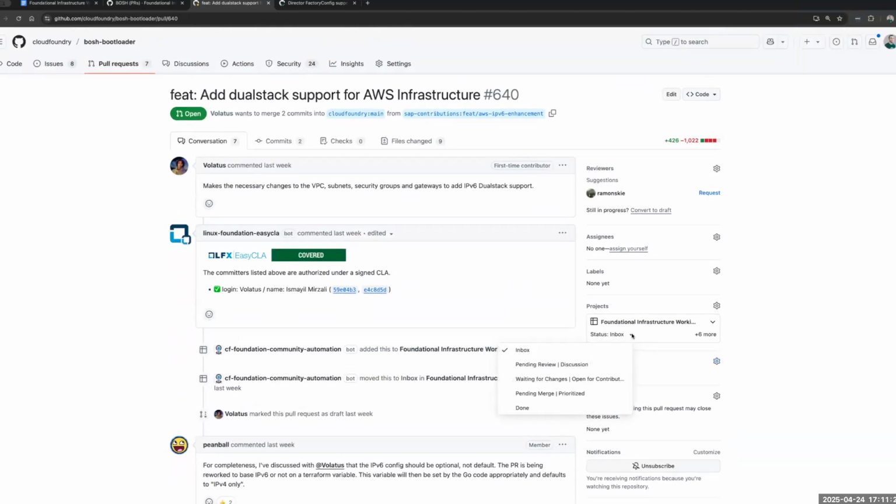Wait, that's me. Yeah. Which one? I can't see it, sorry. It's the one with IPv6 for Terraform? Yes. So the idea here is that the Terraform change is now complete, as in if